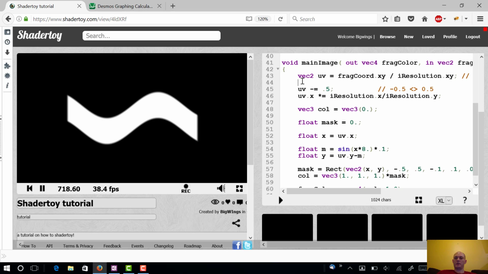So we can add another input. Just like we have frag chord and eye resolution, ShaderToy gives you another thing, which is eye global time. It's called eye global time, and that's this value right here. You see that if you press pause it stops, but if you press play it increases. It's the number of seconds since you last reset or reloaded the page